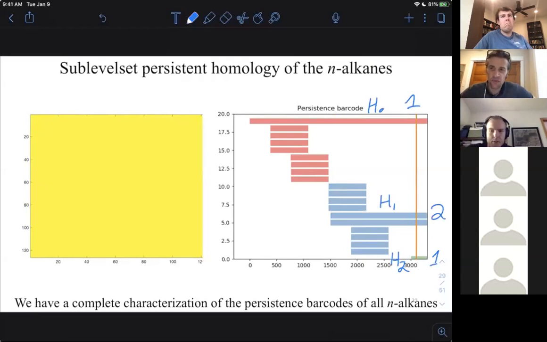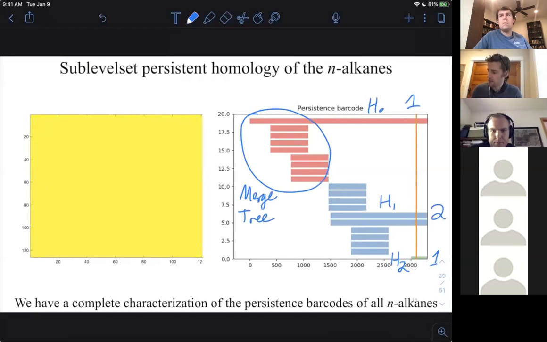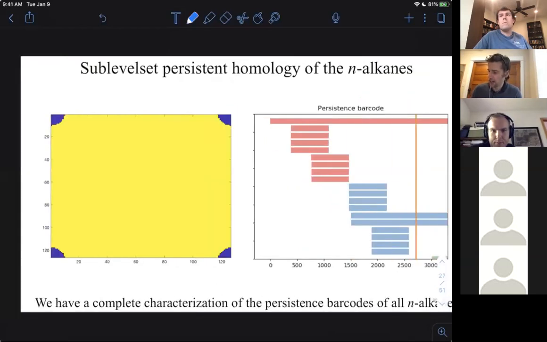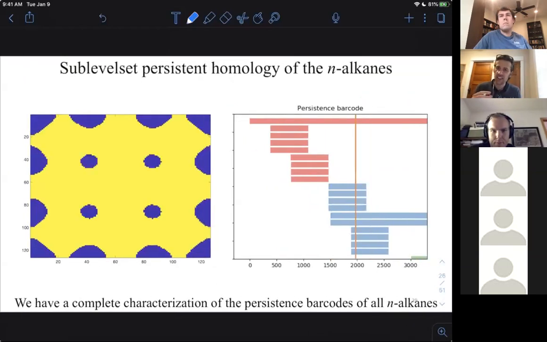Questions about the correspondence between these bars and these sublevel sets? All right, so the point is that all this was the merge tree. It's really encoding the information from the merge tree. But we are also tracking the Swiss cheese-like behavior of the energy landscape of this admittedly simple molecule. The Swiss cheese-like behavior is encoding things like how many minimal energy paths do you have?